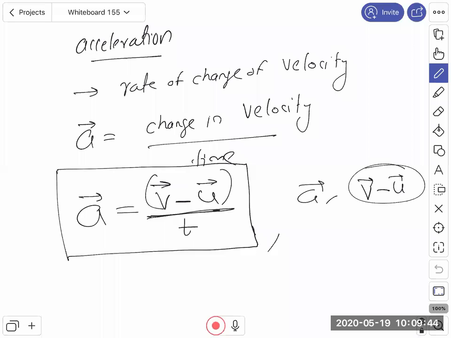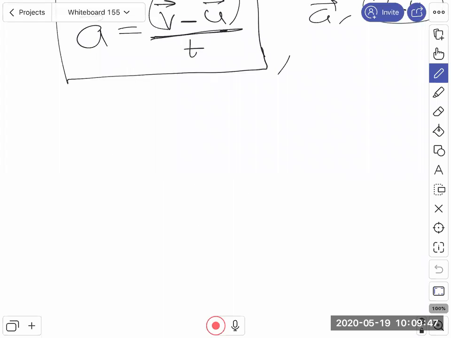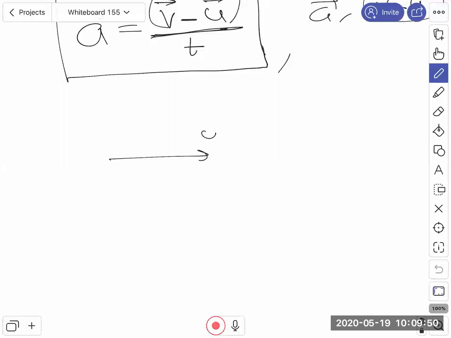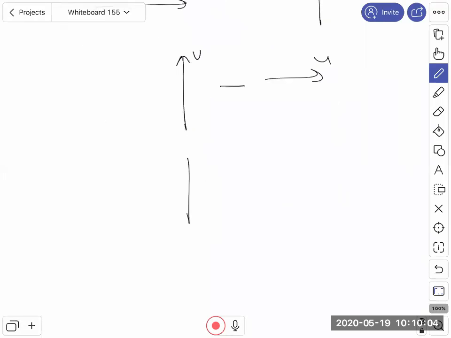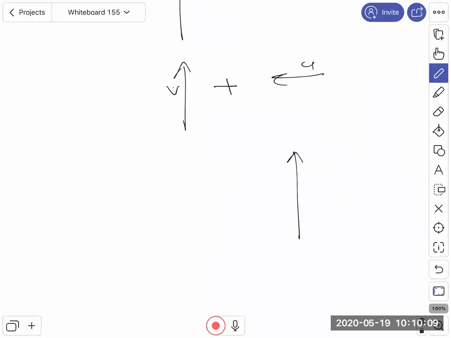Okay. So assume that we are having an initial velocity vector u along this direction and a final velocity vector v along this direction. If you would like to find out the direction of acceleration, we should go for v vector minus this u vector. And we know that v vector minus u vector is v vector plus minus u vector. So we can write our acceleration vector will be equal to v vector plus minus of u vector. This will give the direction of acceleration. So just remember that always we should go for the vector subtraction method to find out the direction of acceleration.